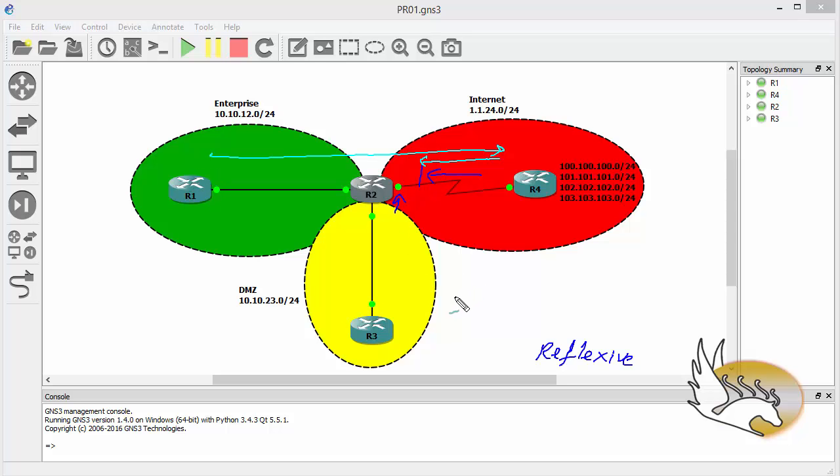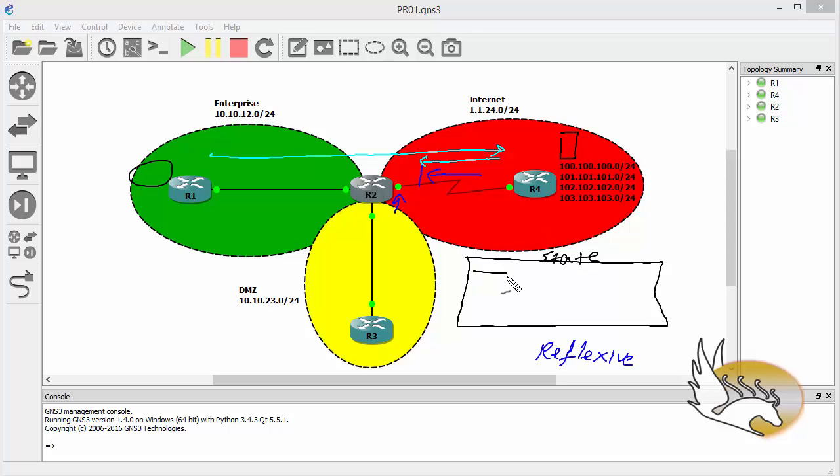I need to enable one of the features, such as reflexive access list. With reflexive access list, I make sure that for any connection that is made from inside to outside, there is something in a state table. And this state table keeps every information for the initiated connections. So when it sees that I am sourcing a traffic, for example, from this segment of network to a server here,